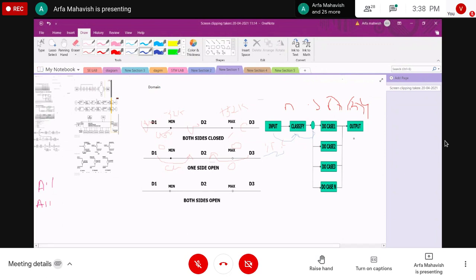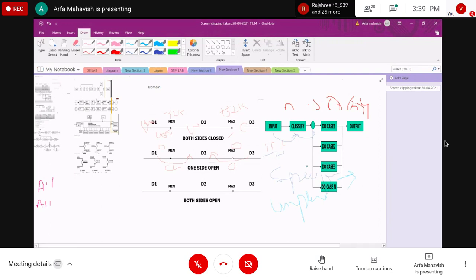So domain testing can be based on the specification or the implementation. If the domain testing is based on the specification, then it is called a functional testing technique.